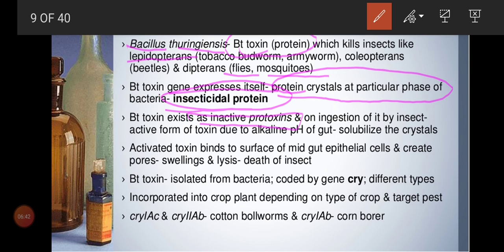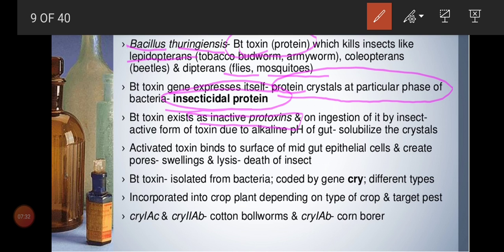But suppose it is eaten by the larval stage of the organism, this Bt toxin will get into their body, and the body pH matters. In the human digestive system, even if the pH is alkaline, it will activate some protein digestion. What we learned in our human digestive system, alkaline will initiate the pepsin, so pepsin will help to break proteins into amino acids. Likewise, the Bt toxin present in the bacterium never encounters the situation to break, so it is not harmful for the bacterium, and it is not harmful for the plant also,